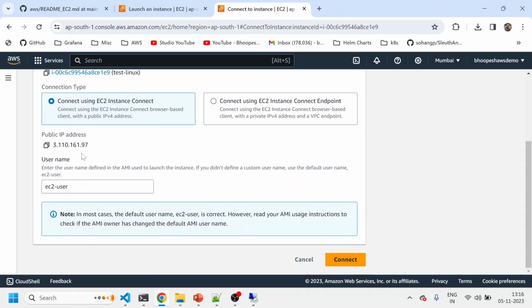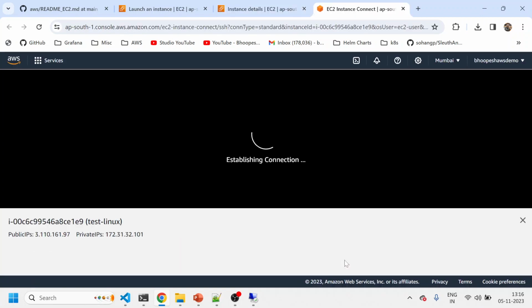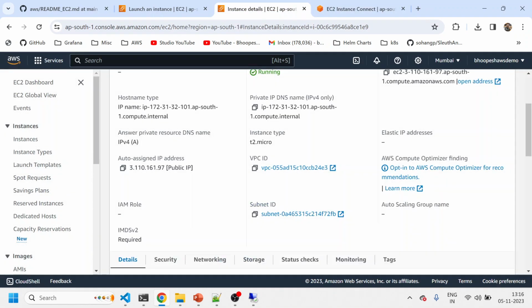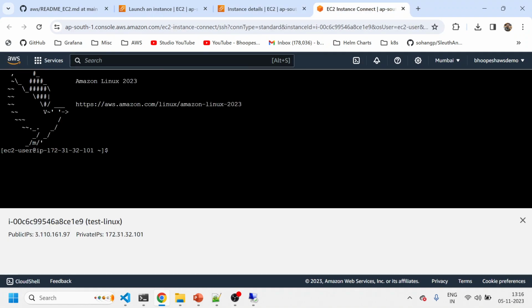Okay, I can simply connect using this. Okay, so you need to come here. Either you can connect through MobaXterm or you can connect like this also. So connecting to the Linux instance was easy. So I can just simply say,